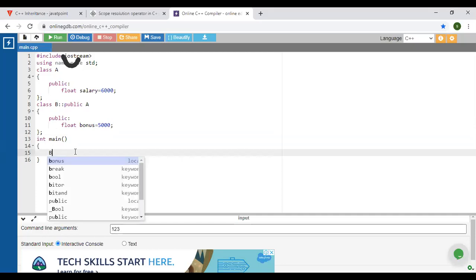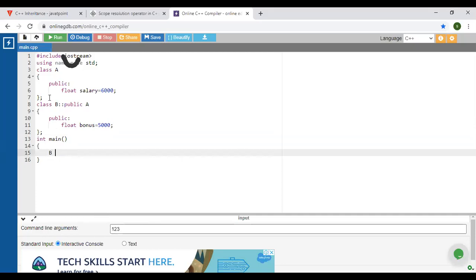So we are going to create the object of which class? From B we are getting A. So just create the object of B class